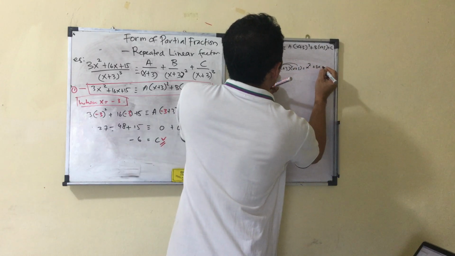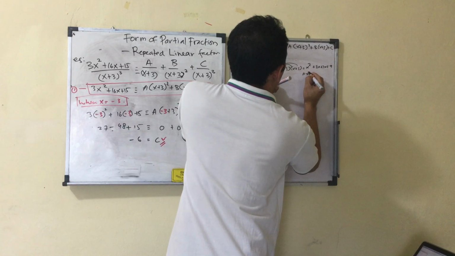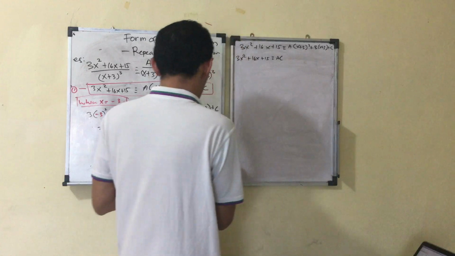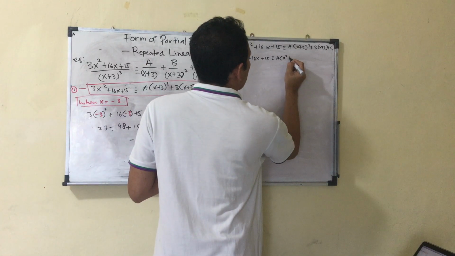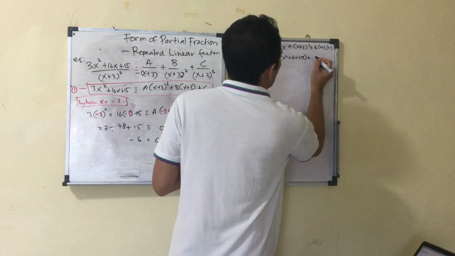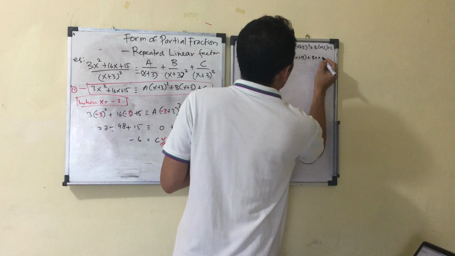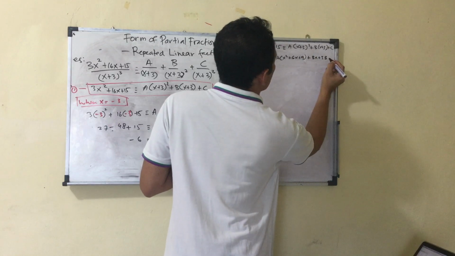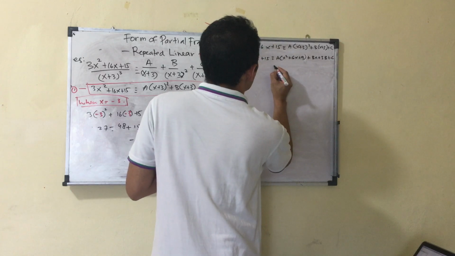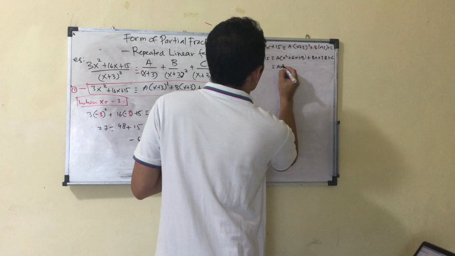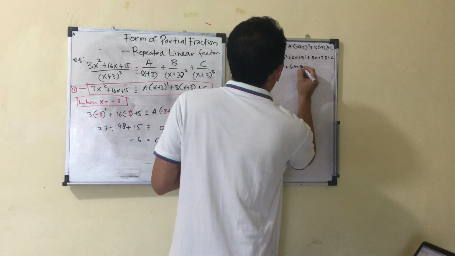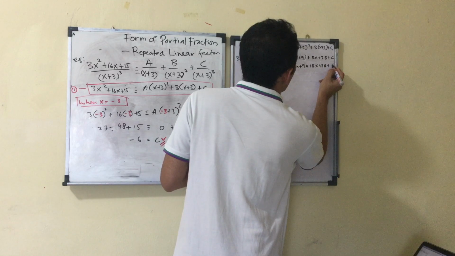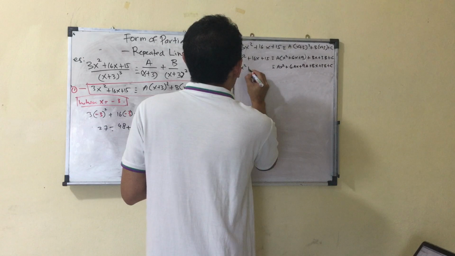which is x squared plus 3x plus 3x plus 9, which is x squared plus 6x plus 9, right? You have that x squared plus 6x plus 9, plus bx plus 3b, plus 9 plus c. You can still expand this: ax squared plus 6ax plus 9a plus bx plus 3b plus c